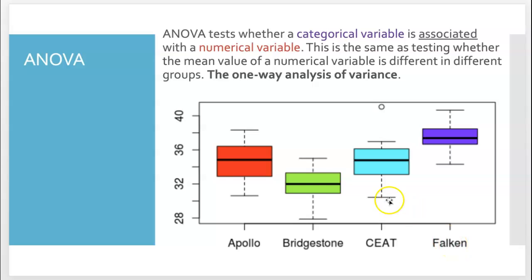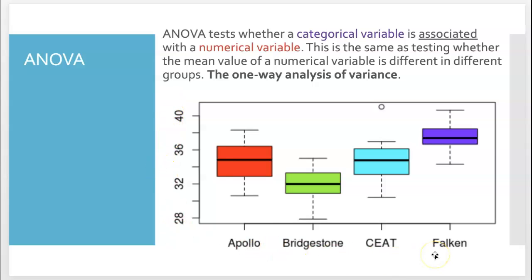So from this graph, just looking at these box plots for each distribution of tire lives, we see some pretty significant differences between the lifetimes of the tires, and Falcon is definitely the best out of all three. And what that tells us is that there is a clear association between the life of the tire and